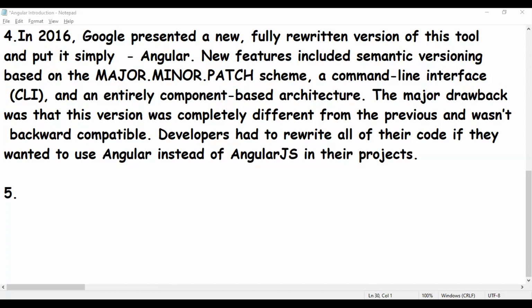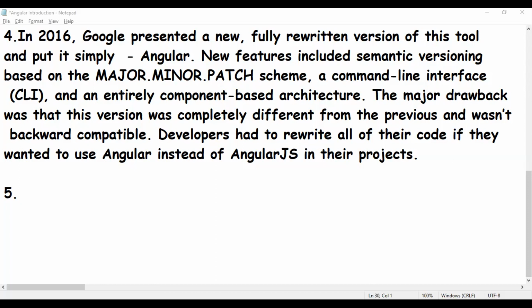What it does is that the Angular view engine takes the templates and components we have written and translates them into regular HTML and JavaScript that the browser can read and display.